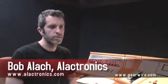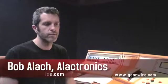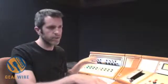We had a guy called Bob Alach, who is an acoustician designer from Massachusetts, do the room design for us. He did some creative problem solving based on the overall amount of space we had to work with and what sort of systems we needed to have in place. He made a lot of decisions based on necessity in terms of the way the room is oriented, the position of this console, and the exact design of this console down to every angle and everything else,